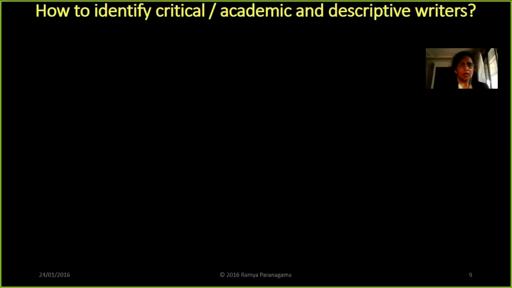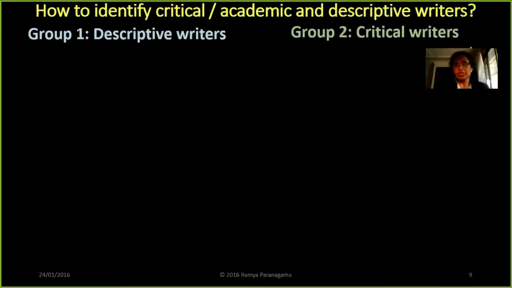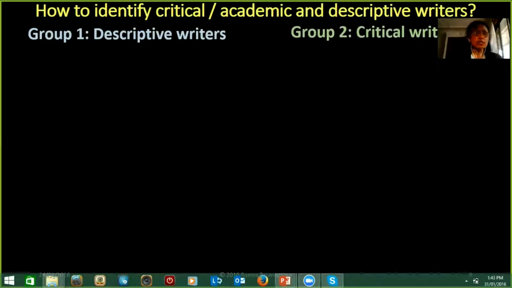We'll look at how to distinguish critical writers against descriptive writers. We are not looking at leisure writing here, that's also writing novels or writing to blogs. So there are two groups of writers here among students, right? Some of them are called descriptive writers. The others are called critical writers. You need to find out which group you belong to based on these features. Let's go one by one to see who belongs to which group.